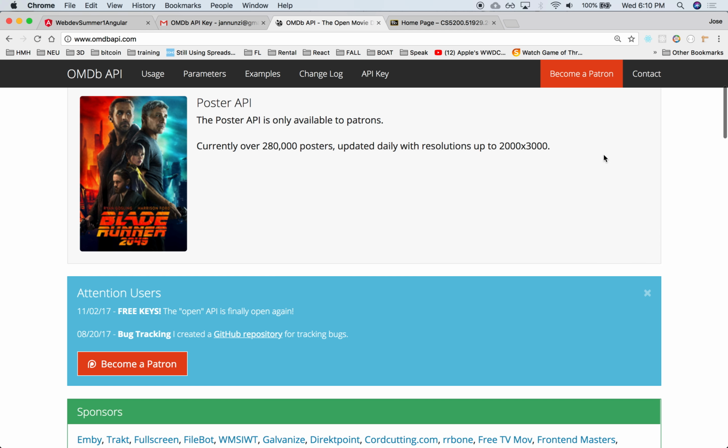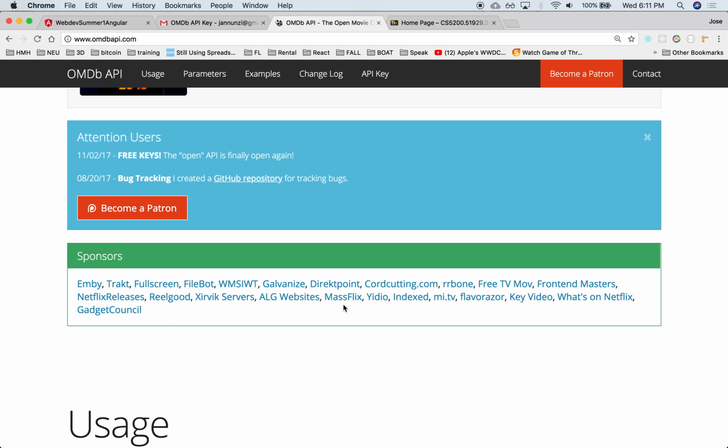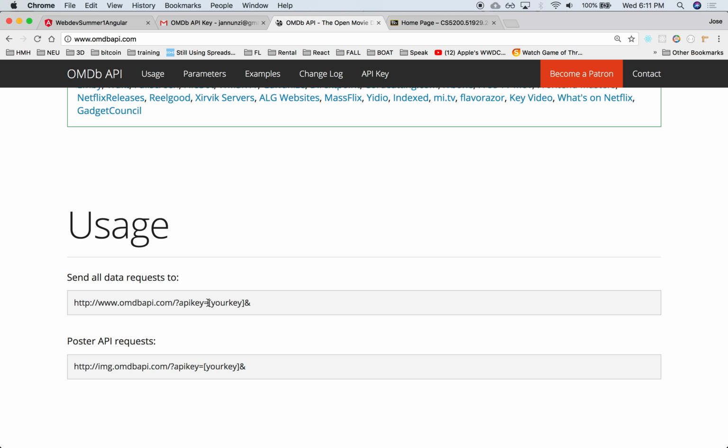It's very well documented, and you can become a patron, which I have. And this is the URL syntax. You give it the same domain name that we're at right now, but you can append an API key that the author will email you. I will send you an API key and a sample of what the query might look like, and then you can append additional